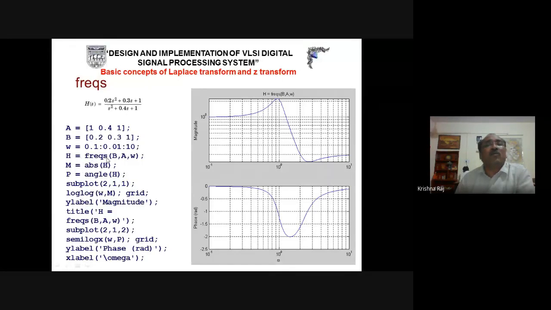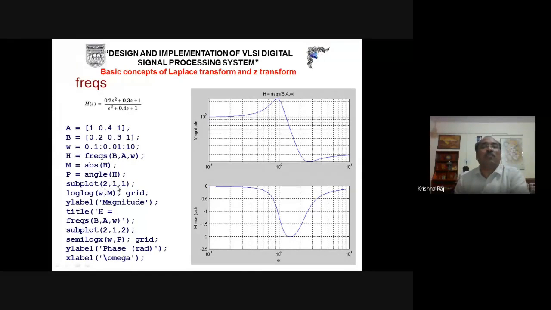And now we will get H(s). This will describe H(s), because we have described the numerator, denominator, and omega. Now it will describe H of s, that is, H of j omega. And if we say H(j omega), it means it now has two sections: one is the absolute value, and the second is the angle or the phase. That's why we have used one command for the absolute value and a second one for the angle.